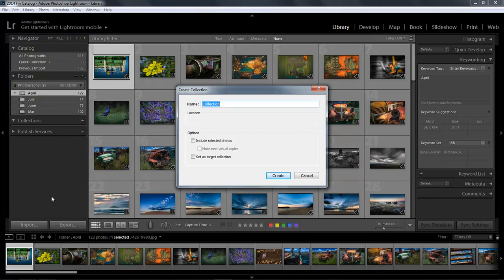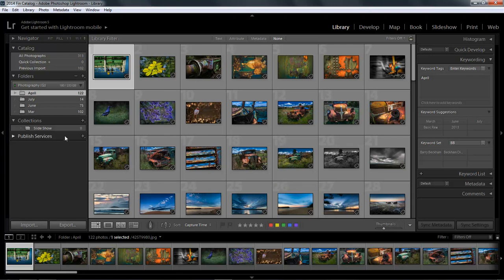We're offered the choice of a name. In this case, I'm going to make a slideshow. I could use the name of the slideshow if I already know what I'm going to use. But here, I'll just use the words slideshow. That's all I need. I don't want to include any selected photos. I want to be able to just drag the ones in as I look and browse. So I'm going to create that. There it is. It's just appeared, and the little 0 is telling us at the moment there's no images in